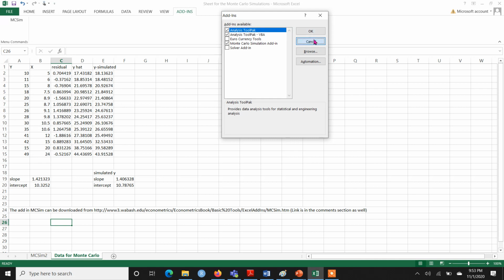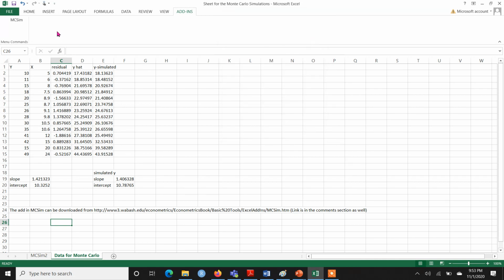Once you have added it, if you click on Add-in here, you will see that there is a tab appearing here with the title MCSim. This tab, or this menu command, will be used for the Monte Carlo simulation.